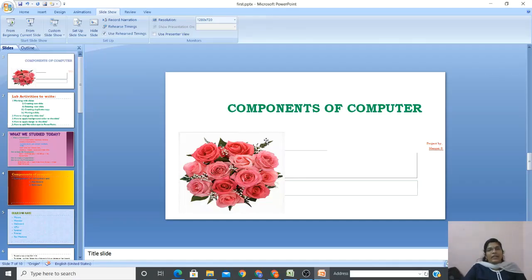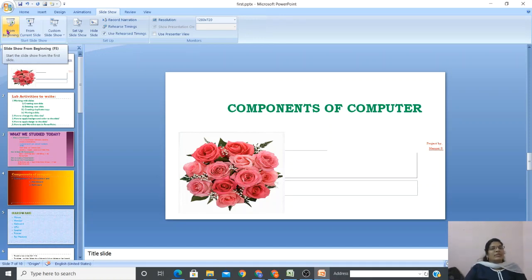So clear for all of you? So how many methods I have explained now? Yes, 3 methods I have explained. So what are the methods? One is using quick access toolbar. Then second method is in the status bar, slideshow button, it's there, click on it. Otherwise, go to slideshow tab, start slideshow group and from beginning icon. If you click, then the presentation will run. You can play the presentation. Is it clear? Okay, but I said 4 methods, right?